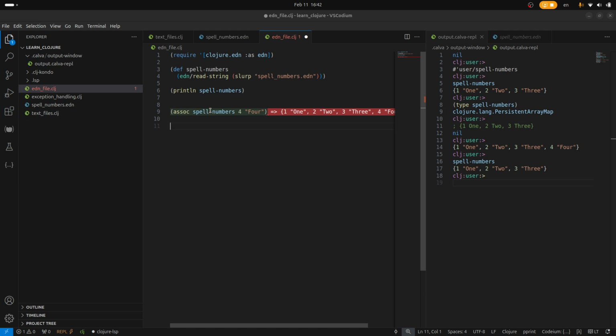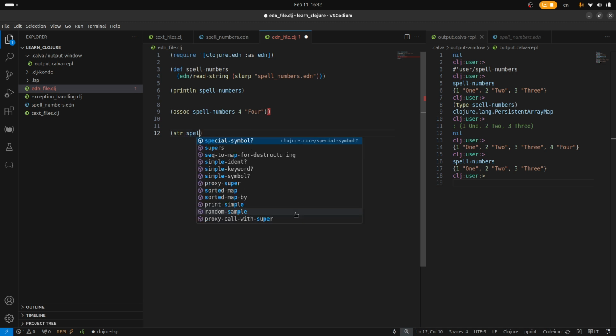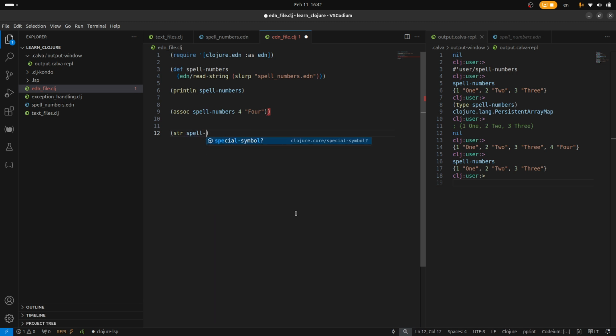Let me just put str and spell numbers, and see what happens. Look, you get this as a string. But if I just put